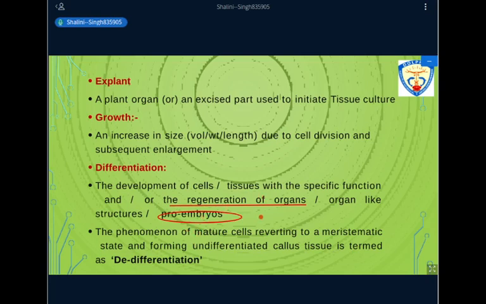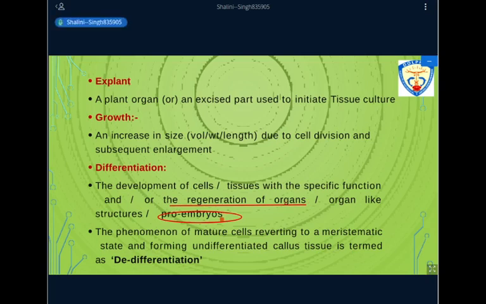We have two routes, one via regeneration of organs, that is known as organogenesis, and second is by formation of embryo-like structure, which is known as embryogenesis. Since we are taking the plant part of somatic type, it is also known as somatic embryogenesis. So what is the main difference here? We are making the cells develop into organs, and here we are making the cells develop into embryo-like structure. So here shoot and root development happen in a sequential manner.